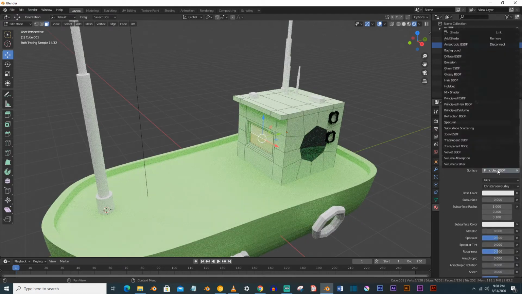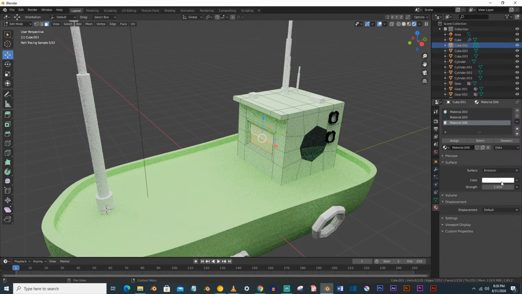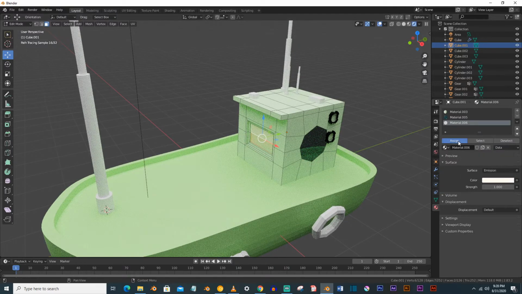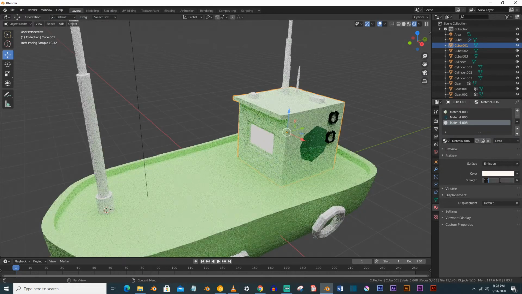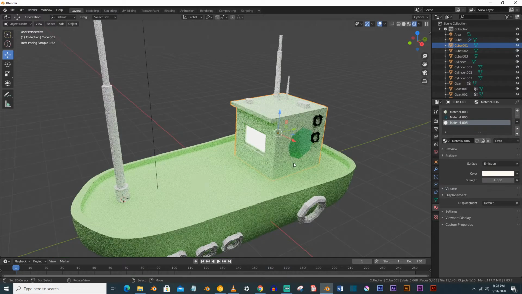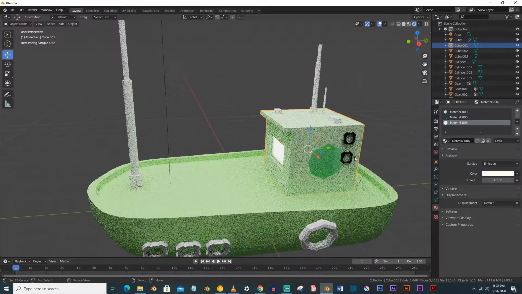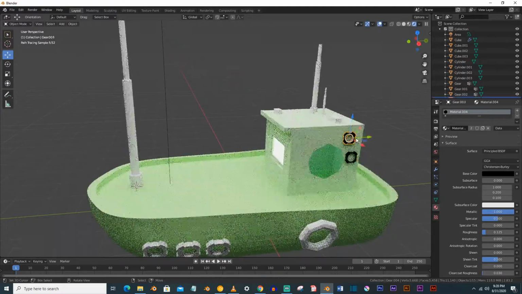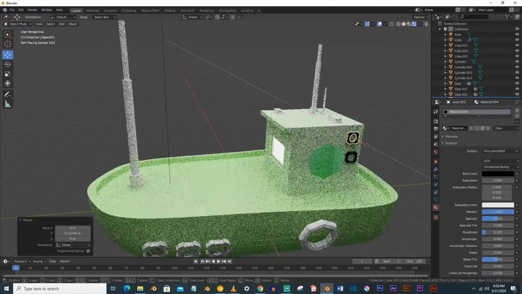and we will make this material an emission shader, whatever you like, white light or so. I will assign it a value of 4, like this, and move it a little bit here, move it also a little bit here.